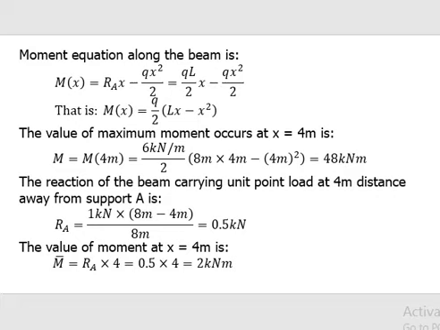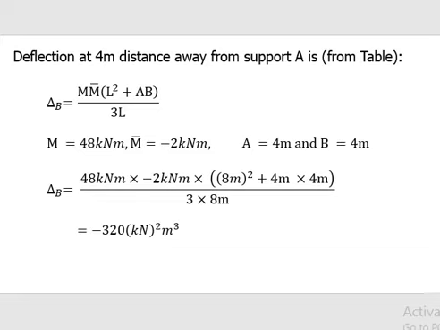The value of the moment due to this point load at 4 meters is, if you substitute, 0.5 times 4, that will give us 2. So to calculate the displacement at 4 meters away, we go to the table and use the formula here for delta B. This is the formula we're going to use, where M is 48 kilonewton meter, M bar is minus 2,